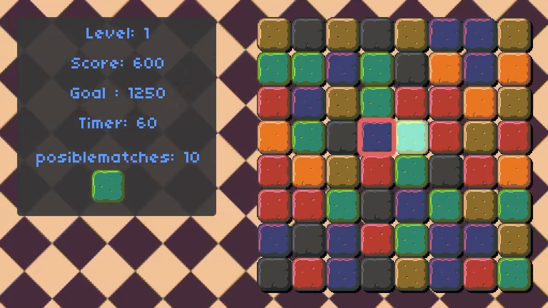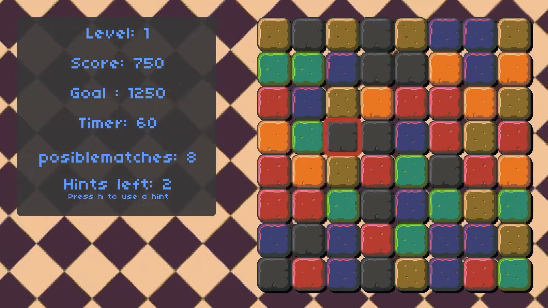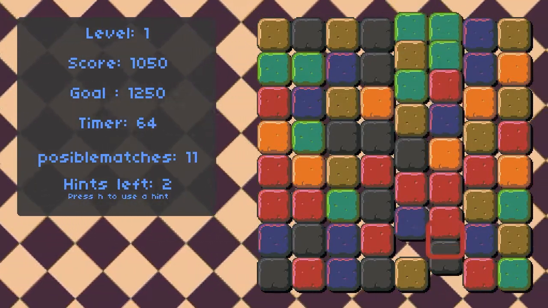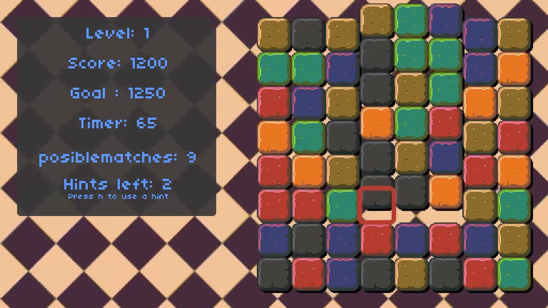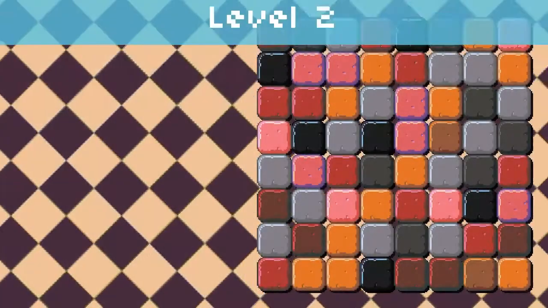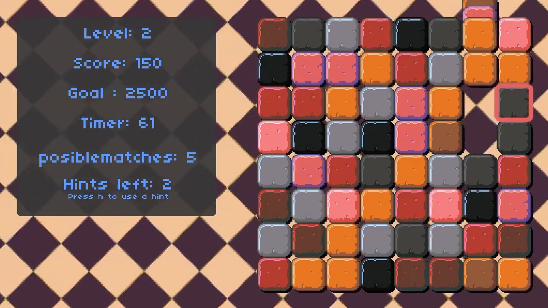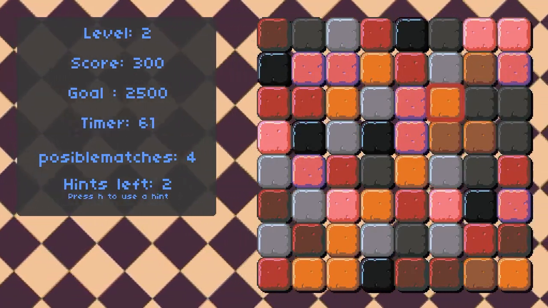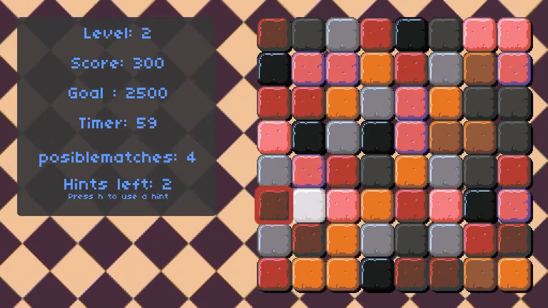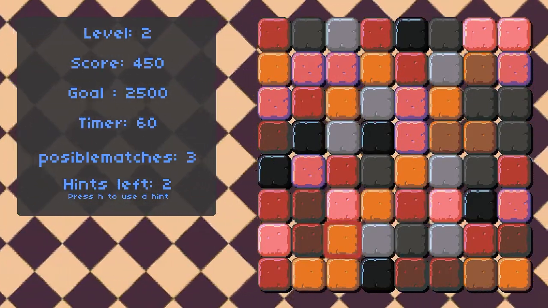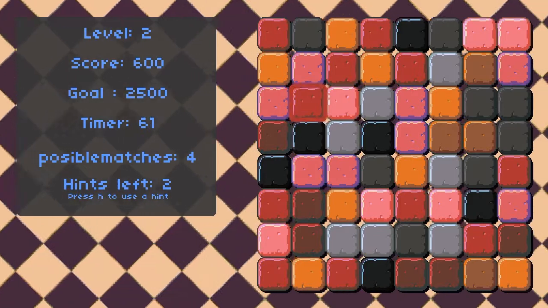One task of the assignment was to create the tiles depending on the level. As you see here, in the first level I only used 4 or 5 colors, while in the second level I use more than 5 colors, and this is going to change depending on the level, till we get to level 5, where I use all the colors. As you see, I also created a possible matches number, so this number is going to tell you